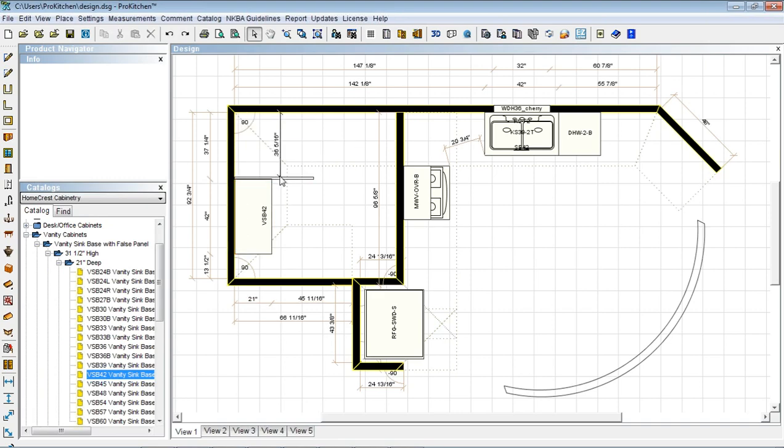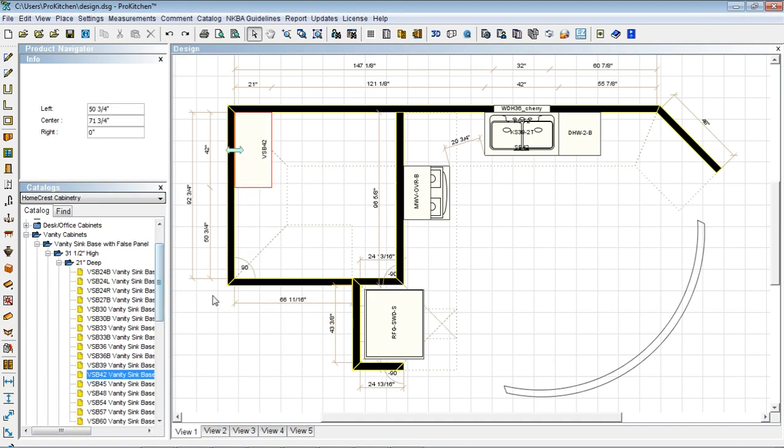Just delete these, give it a little more room, and I'm actually going to want to put this so that it's left 10. That doesn't look right. And a 42 here,